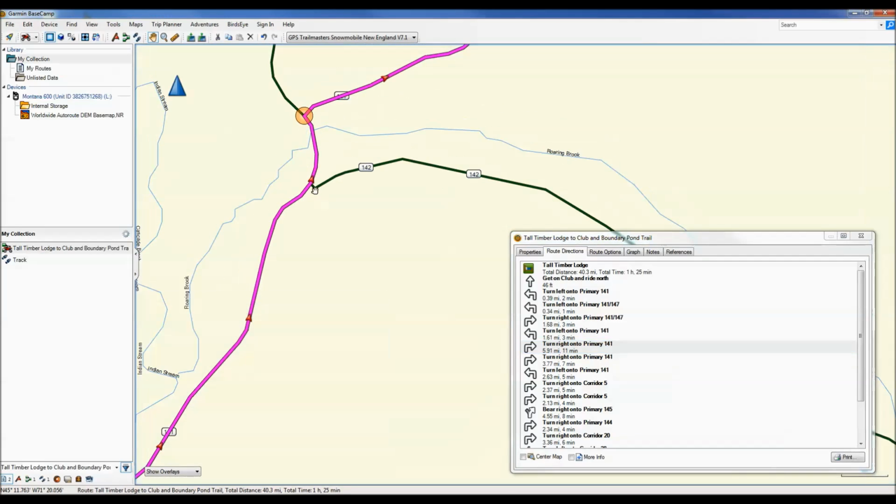And sometimes that will happen if you're on a trail and that trail is relatively straight and the trail name does not change. It assumes that you're just going to keep riding on that trail. It didn't tell you to turn onto 142, so it won't give you any particular information like go straight at this intersection. At this intersection, it does give you a turn,